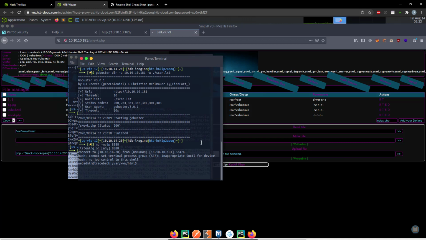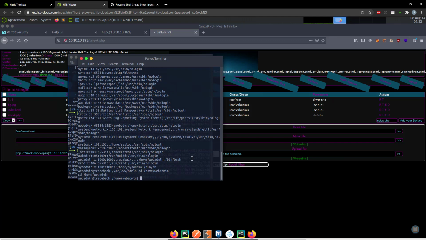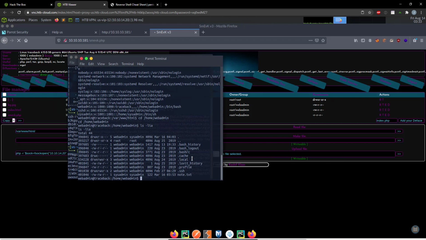And for this, you can cat /etc/passwd. You don't really need to, but you can go in and you can see that webadmin has a home directory, /home/webadmin. So cd /home/webadmin. Sometimes when it's a www root, it's going to be /var/www/html. So we'll go ahead and go in here, ls -lia. You can see there's a note.txt, but I want to start by just solidifying and getting myself an SSH